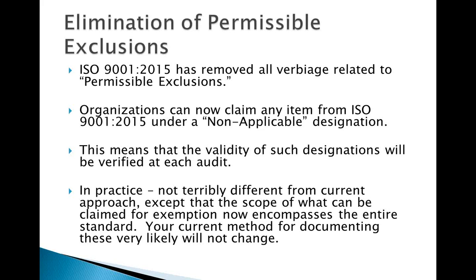Furthermore, it's even gone on to say that any clause from the standard can be claimed as non-applicable. Now, we feel that the reality is going to be that the likely exemptions are going to be coming from Section 7 and 8. And in Section 7, really the only section that strikes us as logical for an exemption is the one that pertains to measurement devices. But in theory, we're supposed to be able to consider any exemption.